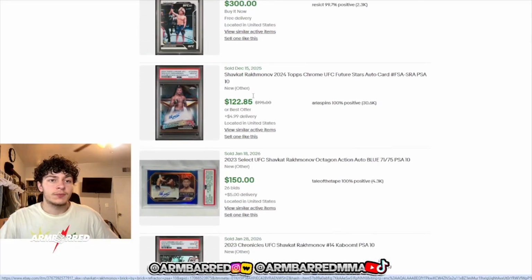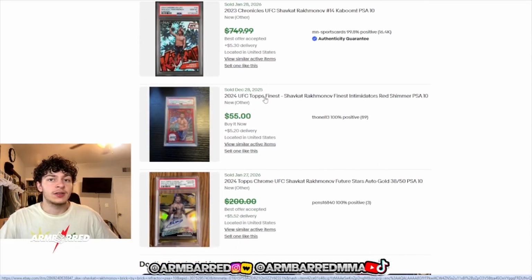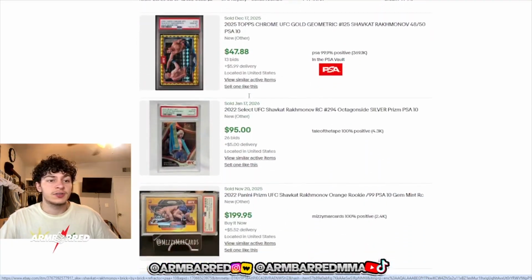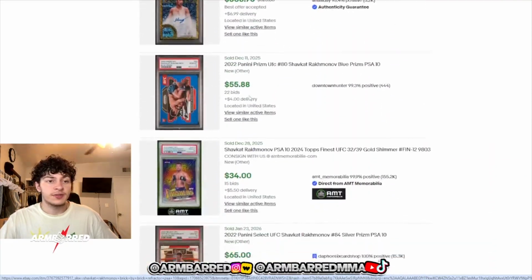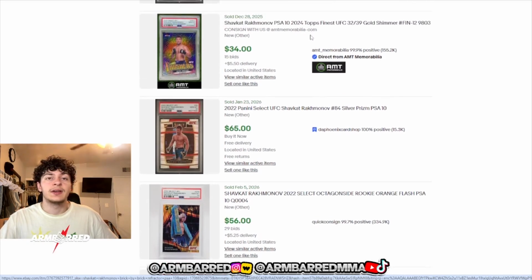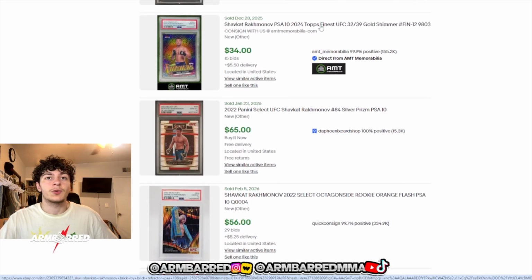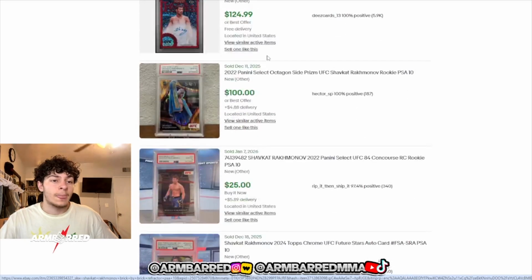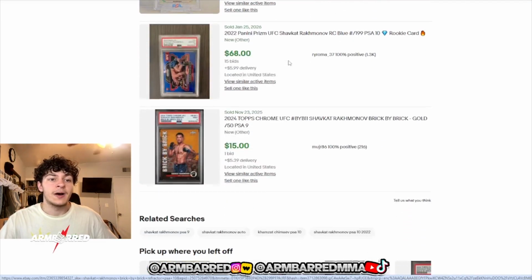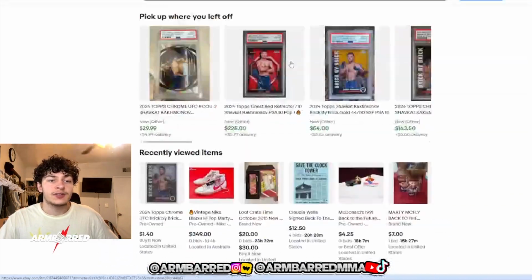As you can see, we're not looking through autos or extremely low numbered cards. We're looking just for straight up refractors around the same 2023, 2024 year, non-rookies, in a PSA 10. Here's a 2024 Topps Finest insert. Mine is also an insert, but this one is numbered to 39. That did $34. So if I had to put a rough estimate on my card, I'd honestly say it's probably